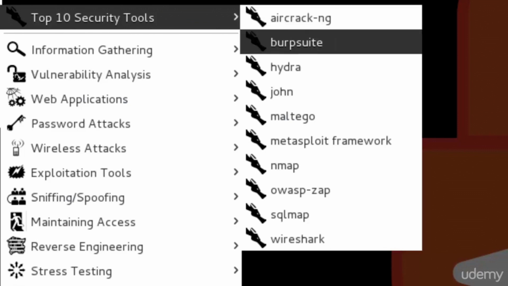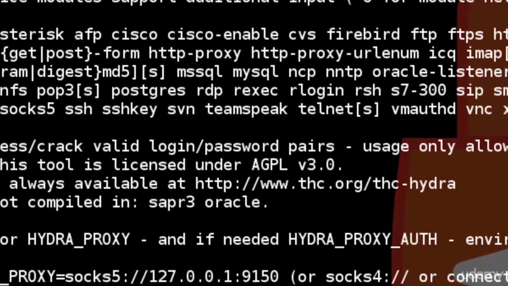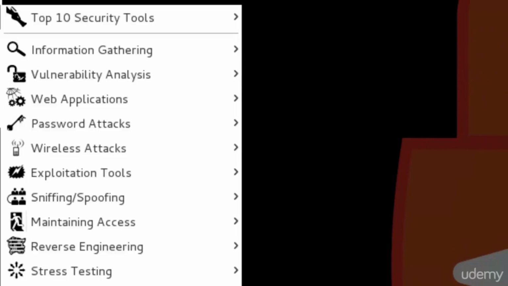Burp Suite, as you saw, is a proxy to the web to find vulnerabilities in web applications. Hydra is pretty cool. This is going to allow you to brute force services to find passwords. As you can see here, you can use a password list, and you can provide the FTP server, SMTP for a web email server, web applications for login credentials, and it's pretty powerful. And for password brute forcing,